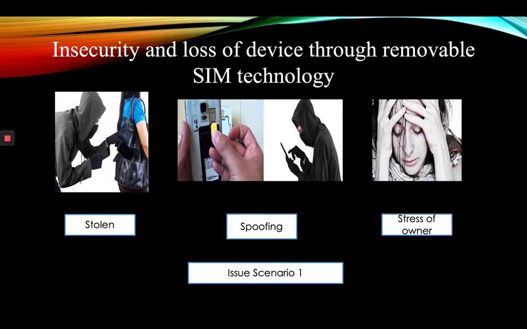In this scenario, first picture a girl walking across the street with her dainty bag. In this bag, she has a valuable mobile phone. At this time, a thief is stealing the phone from her bag and trying to remove the SIM card. In the middle picture, the thief has succeeded in stealing the smartphone from her bag, and he removed the SIM card and spoofed the device by using some tools. Finally, look back to the owner, who has already converted from a happy girl to a sad girl.